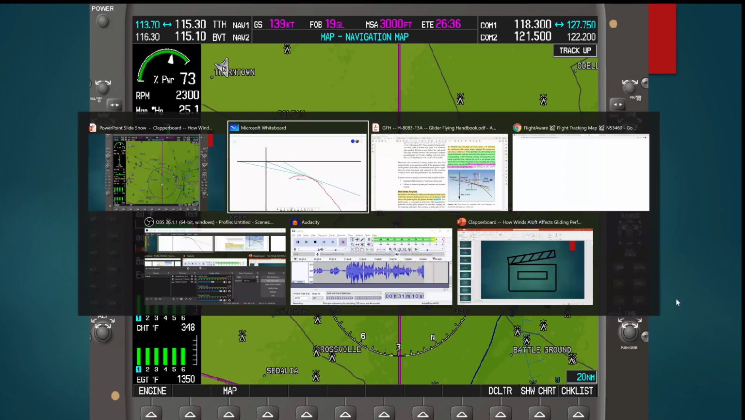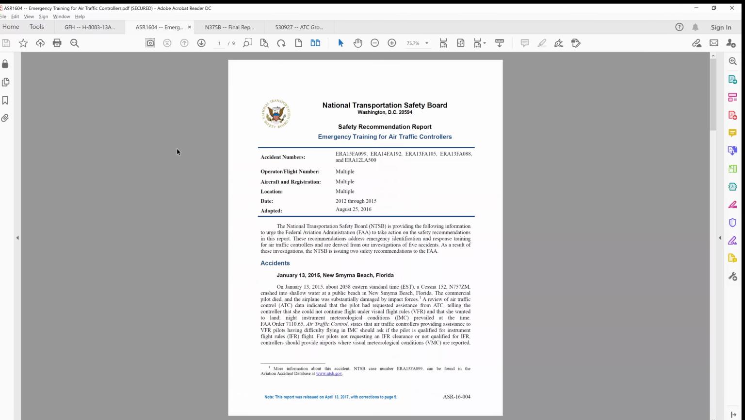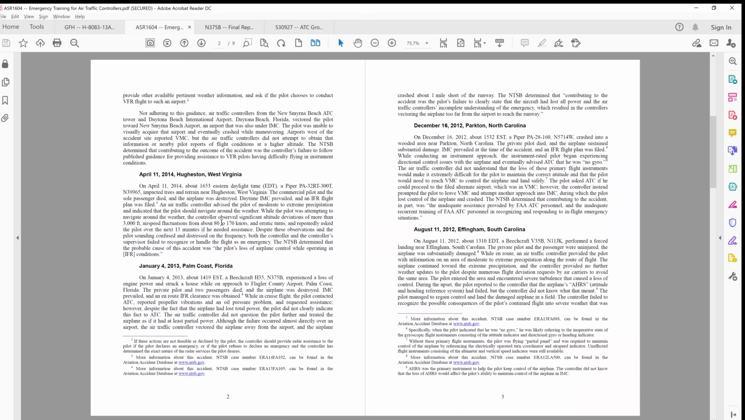To do that, let me go back to the PDFs here, and I want to look at the NTSB safety recommendation report that came out in August of 2016. In the safety recommendations report, where they recommended that the FAA radically change emergency training for air traffic controllers, they cited 5 exemplar accidents. One of them occurred January 4th of 2013, Palm Coast, Florida. A Beech H-35, November 375 Bravo, experienced a loss of engine power and was being vectored for an